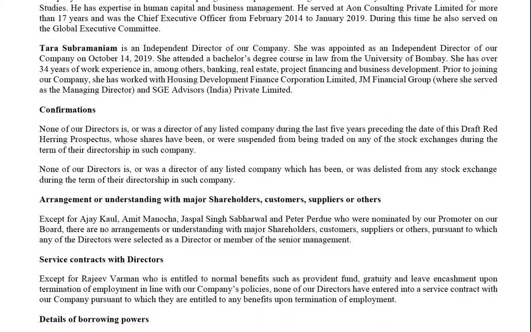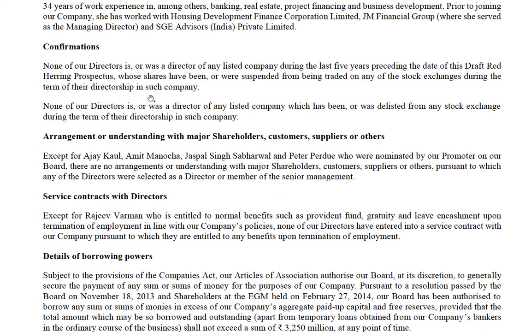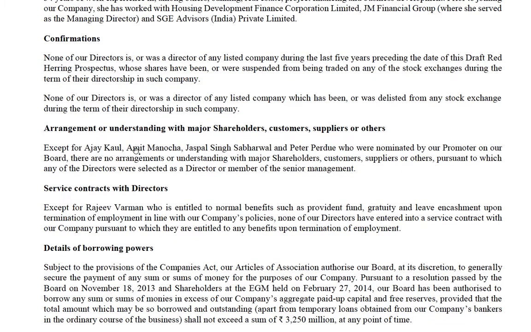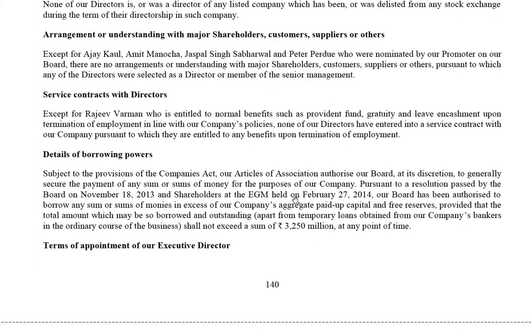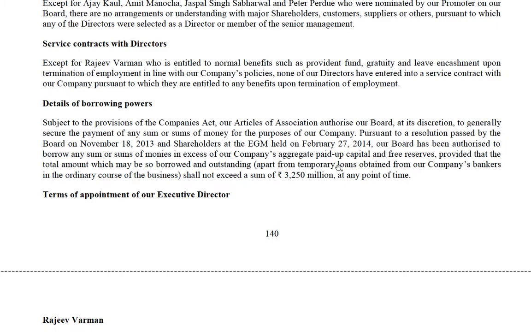So let's move on. So there will be a number of negative disclosures, whether any of our directors have been involved with a company whose shares have been suspended or had been suspended in the past, whether there are any arrangements or understandings between our major shareholders and customers, service contracts, what are the borrowing powers of the directors.